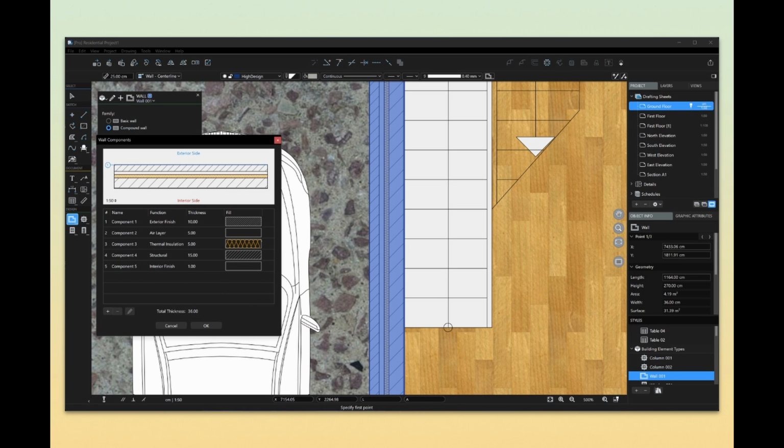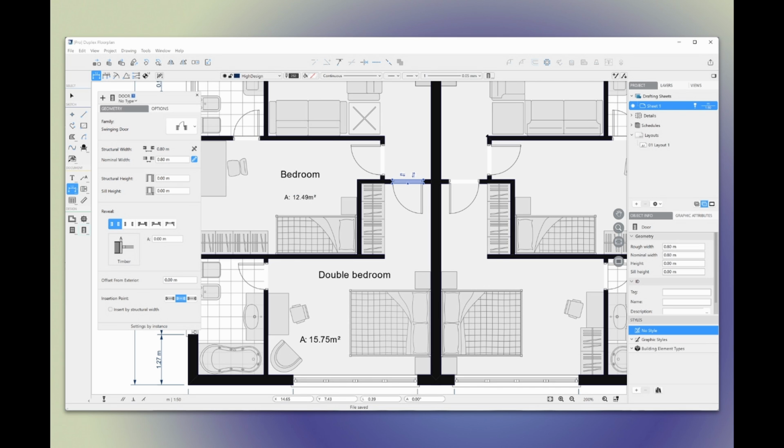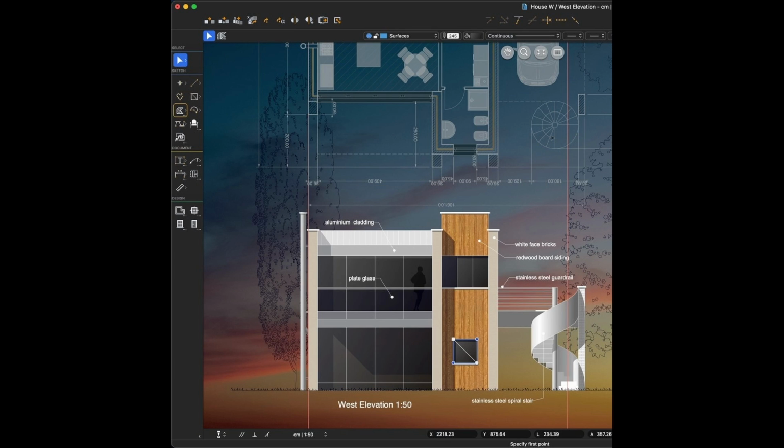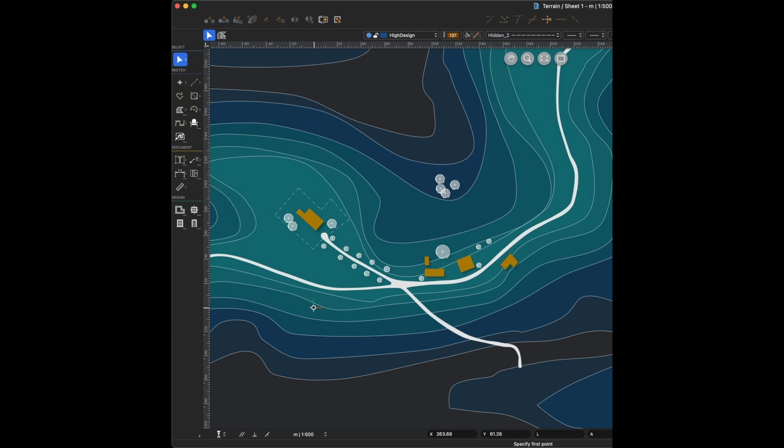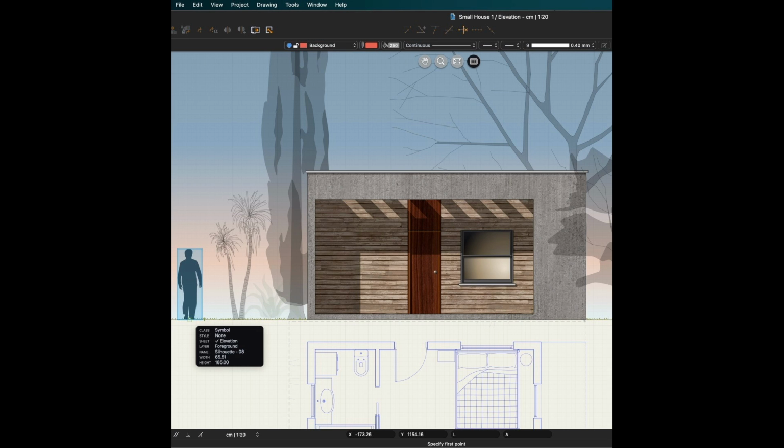HighDesign uniquely combines the flexibility of traditional computer-aided design with the efficiency of modern project management, effectively bridging CAD drafting and BIM